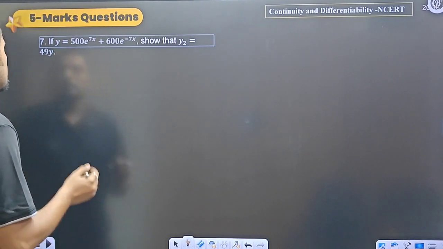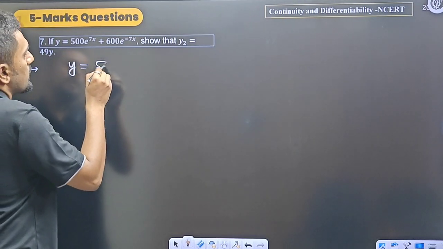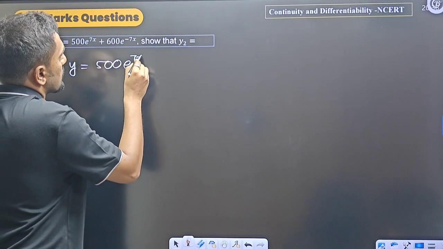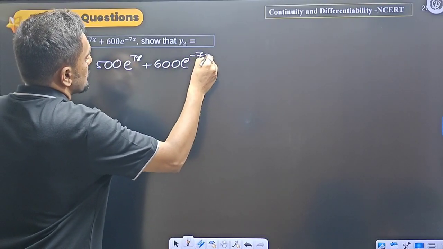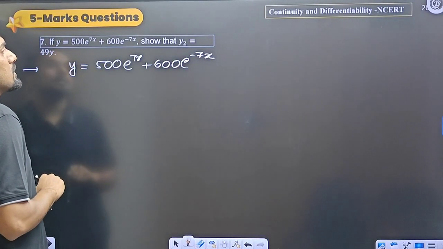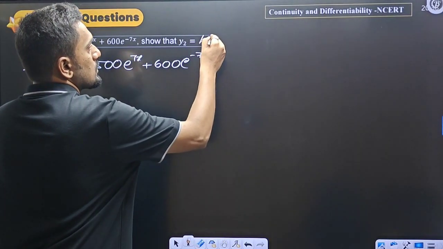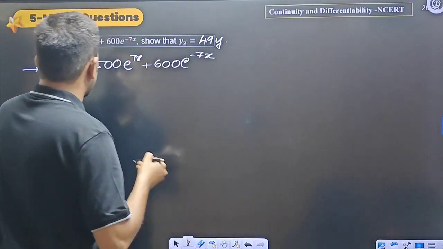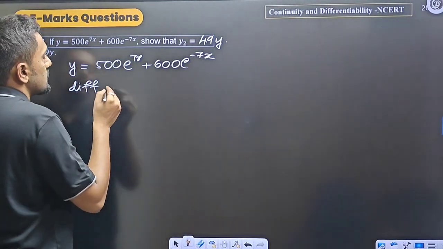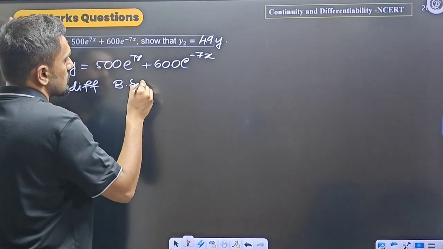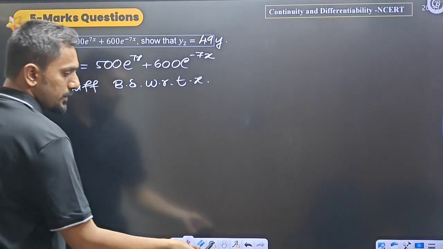And the next question is: y is equal to 500 e raised to the power 7x plus 600 e raised to the power minus 7x. Then show that y2 is equal to 49y. We have to prove that y2 is equal to 49y. So let me differentiate this function with respect to x. Differentiating both sides with respect to x, then it becomes